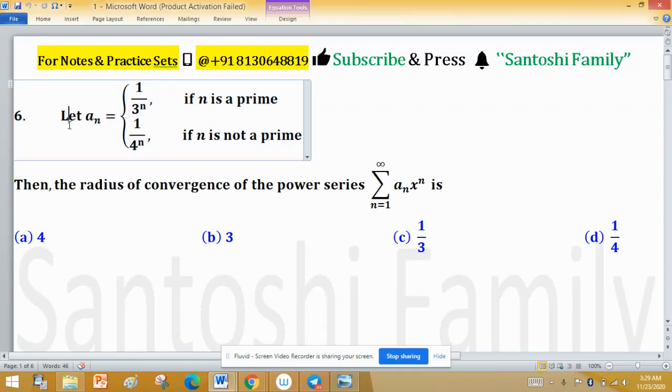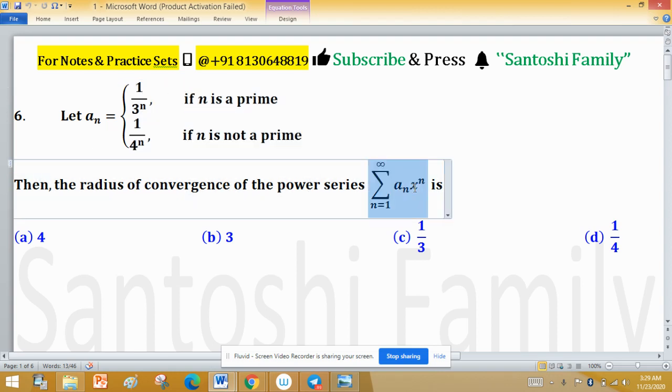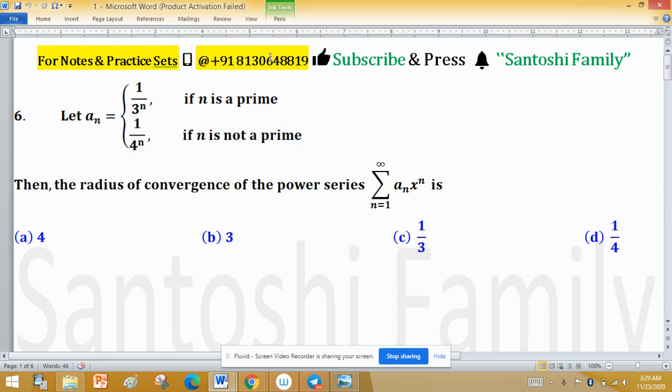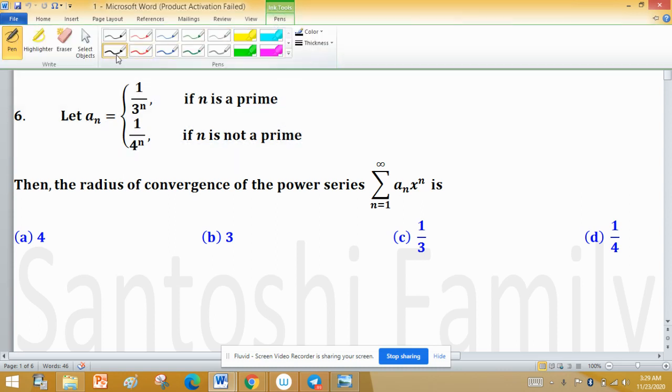Let a_n equal 1 upon 3 raised to the power n when n is prime, and a_n equal to 1 upon 4 raised to the power n if n is not a prime. Then find the radius of convergence of the power series summation a_n x raised to the power n, with n running from 1 to infinity. Here we have to find the radius of convergence of this power series, and this power series